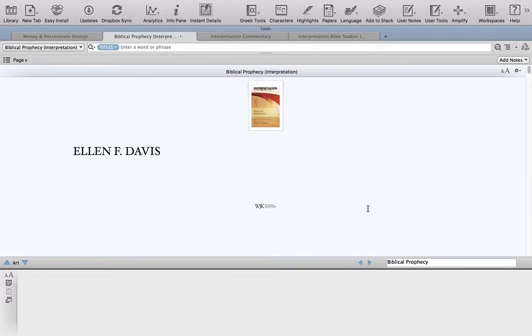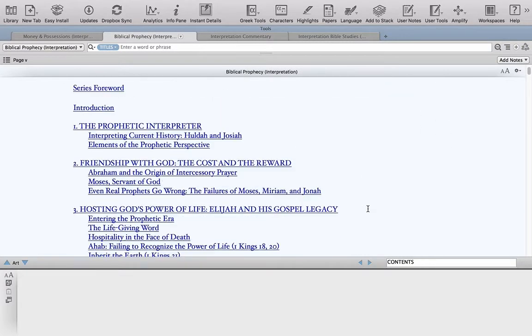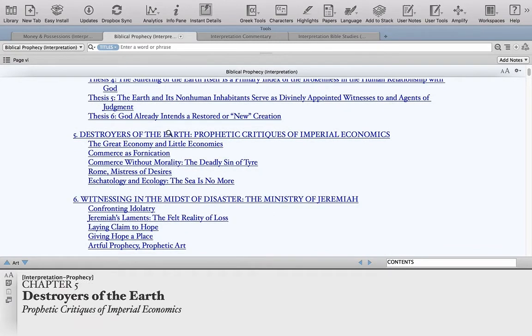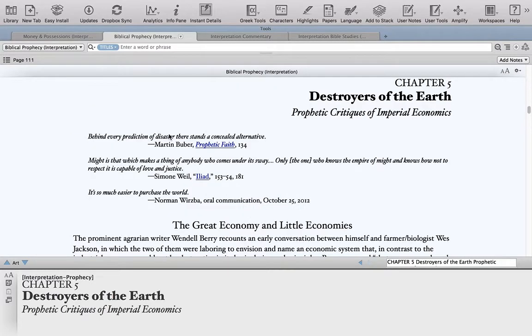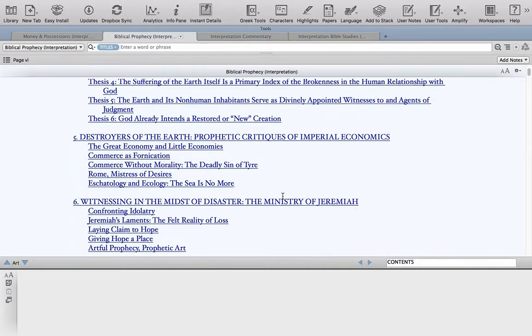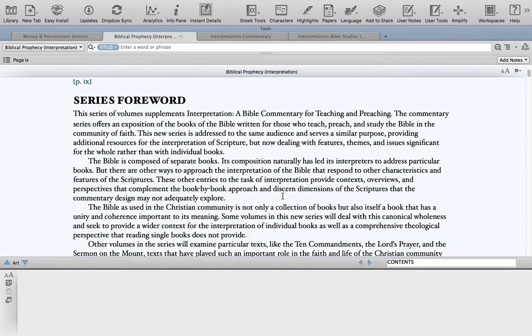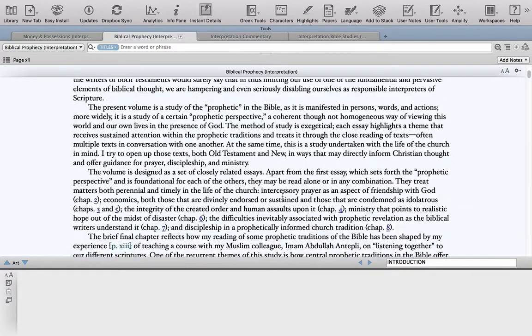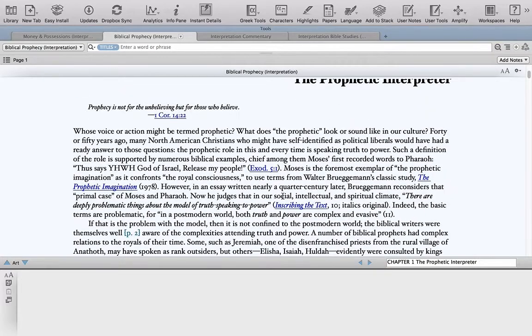So as I'm reading this book and scrolling through, all of the contents are hyperlinked. If I wanted to see this Destroyers of the Earth, prophetic critiques of imperial economics, I could just click on the hyperlinked section in the table of contents. If I want to go back, this back arrow will take me right back to where I was. That may not be surprising because that exists in Kindle and other such e-readers, but what's especially useful in Accordance